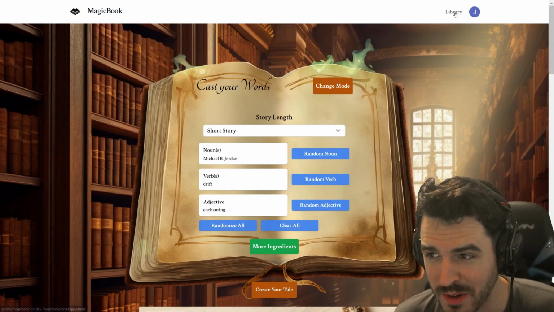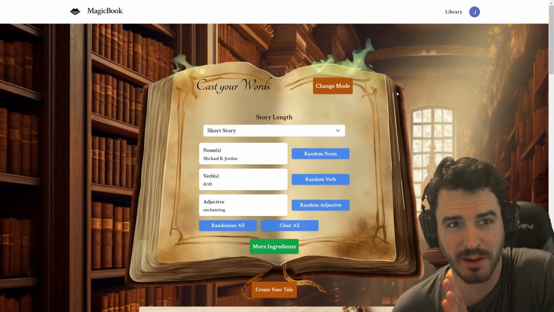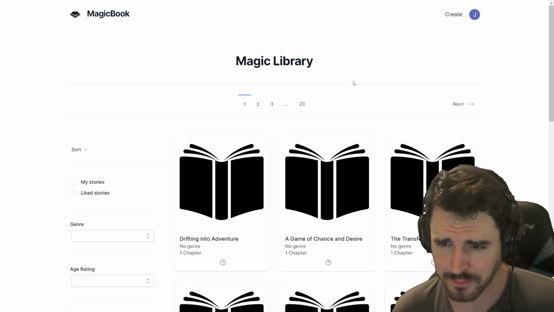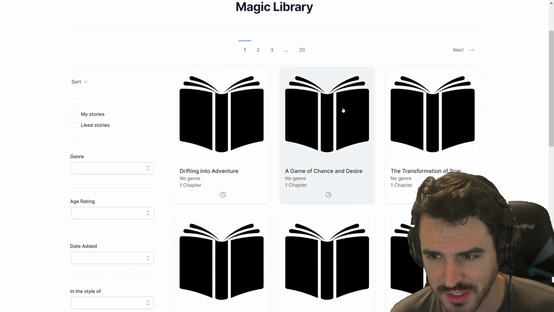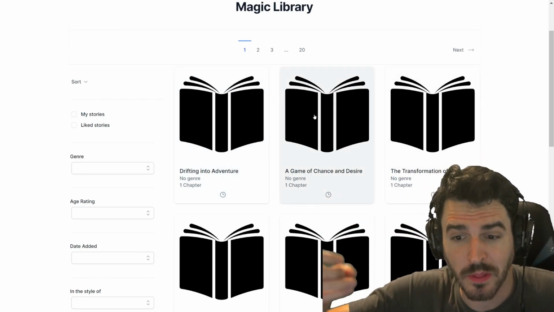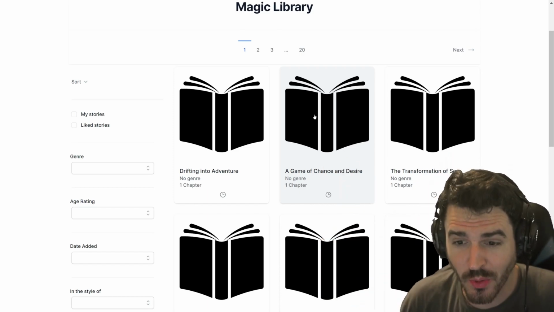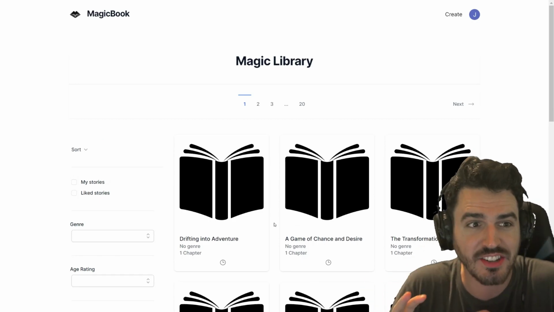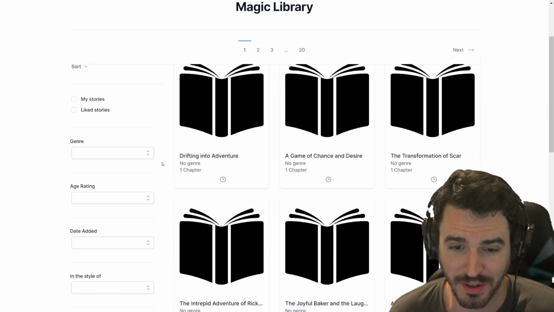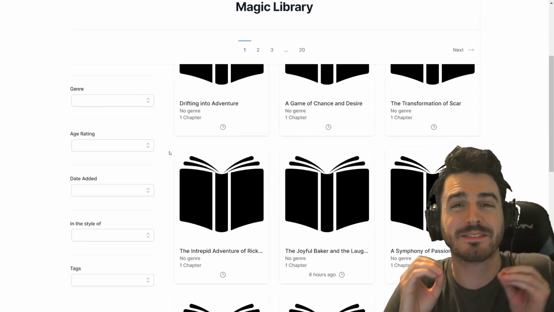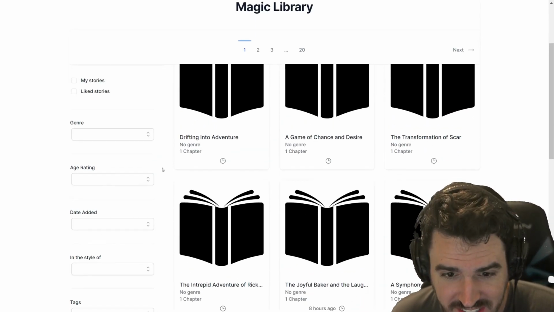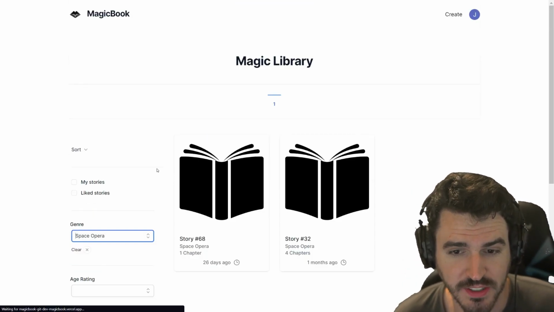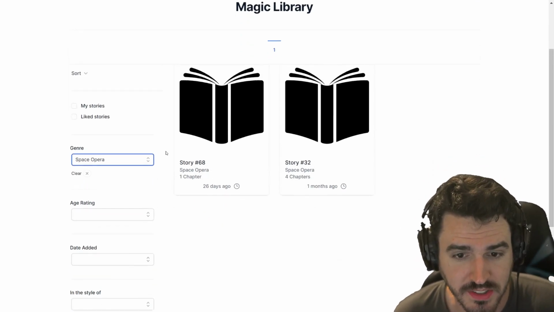And also when we move to the library, this is just a work in progress, just so you guys know, there's a lot of improvements that are coming to the library. But each of these current placeholders will be replaced with the actual image of the story so that as you're browsing the library, you can get a quick visual representation, a kind of cover for each book. We want this to be one of the easiest to browse libraries in existence. So you can go for a specific genre, like for example, if you want a space opera, you can see these two space operas that we have here.